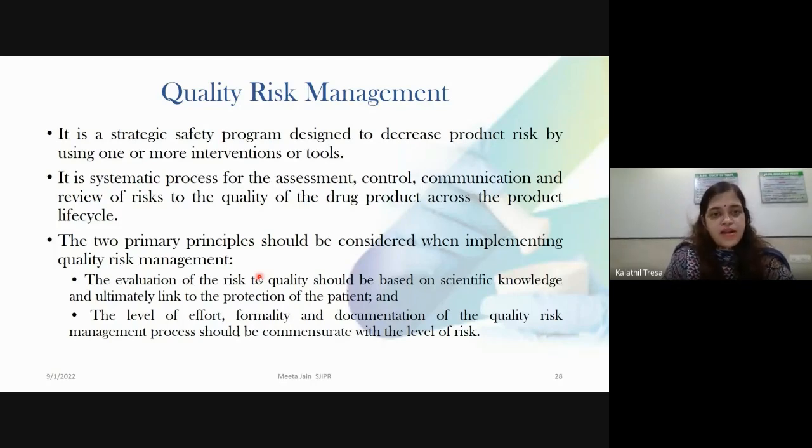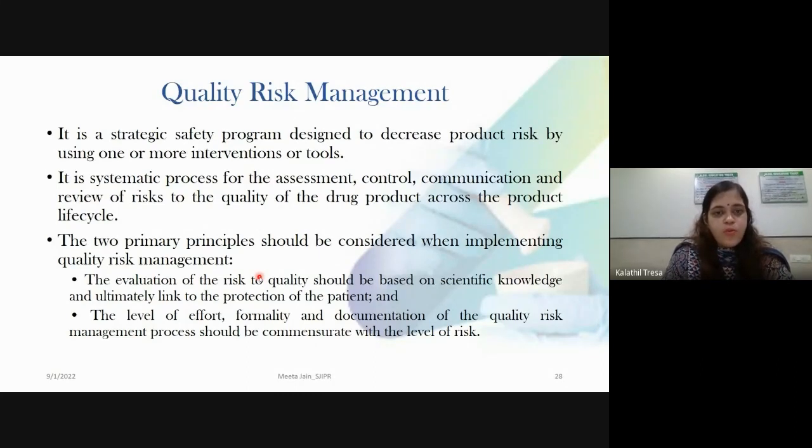So it is a strategic safety program designed to decrease product risk by using one or more intervention or tools. So you have various tools like fishbone diagram and failure mode and effect analysis. So these are the various tools which are used for QRM, that is quality risk management.